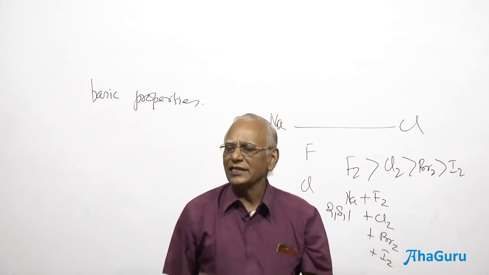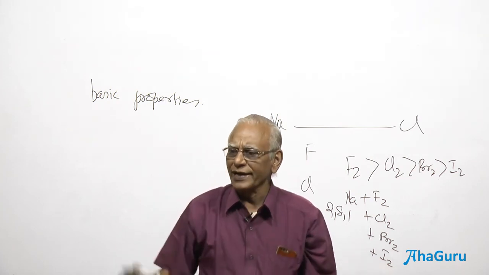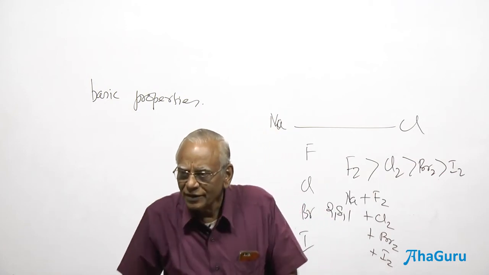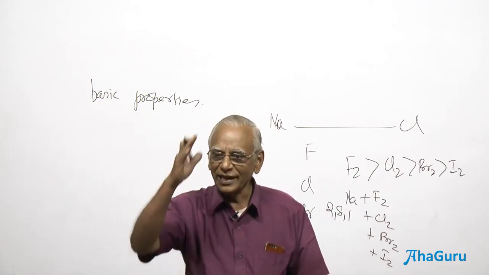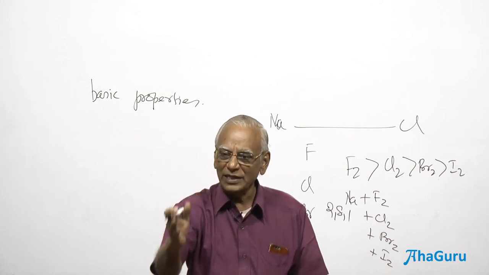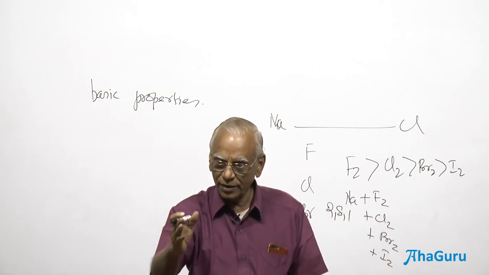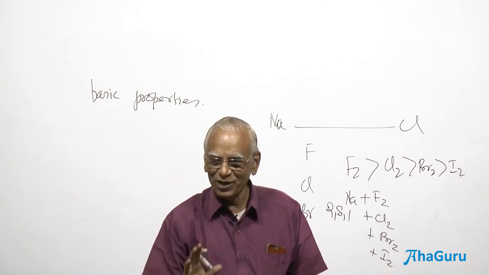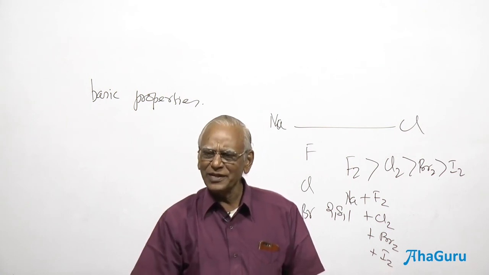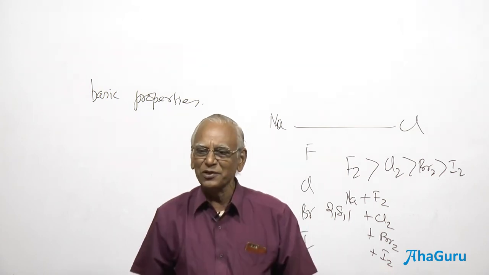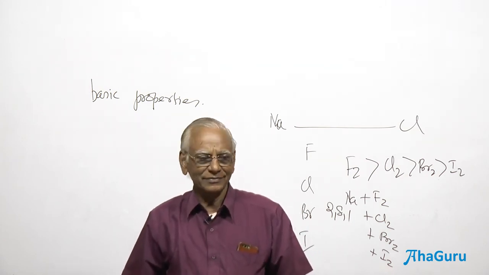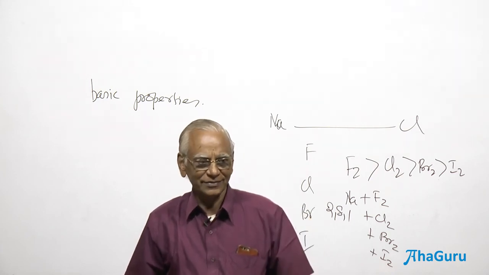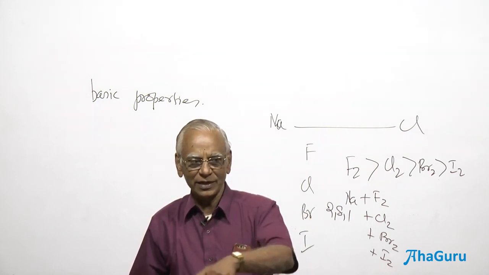Which example do you want to take? You want to take group 1 elements or group 7 metals or non-metals to compare? Why metals? You have to take only the elements present. What are the elements present in first group? NaOH, lithium hydroxide, potassium hydroxide? What are the elements present in group 1? Lithium, sodium, potassium, rubidium. That's all. Take those elements in the pure state. Why do you want to take NaOH all of a sudden? I think he is being influenced by that particular answer.